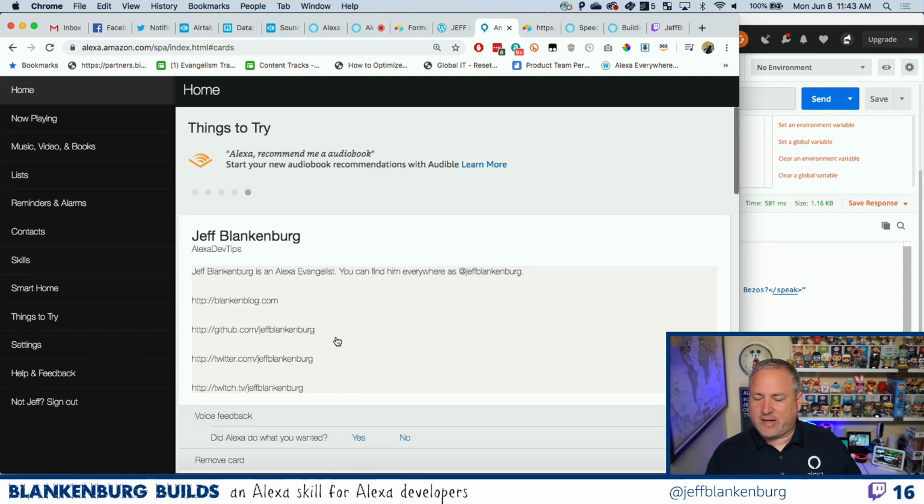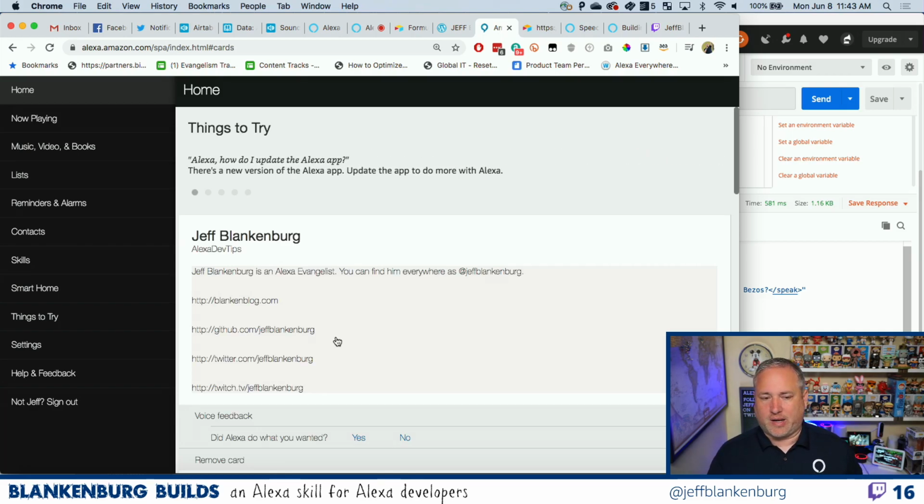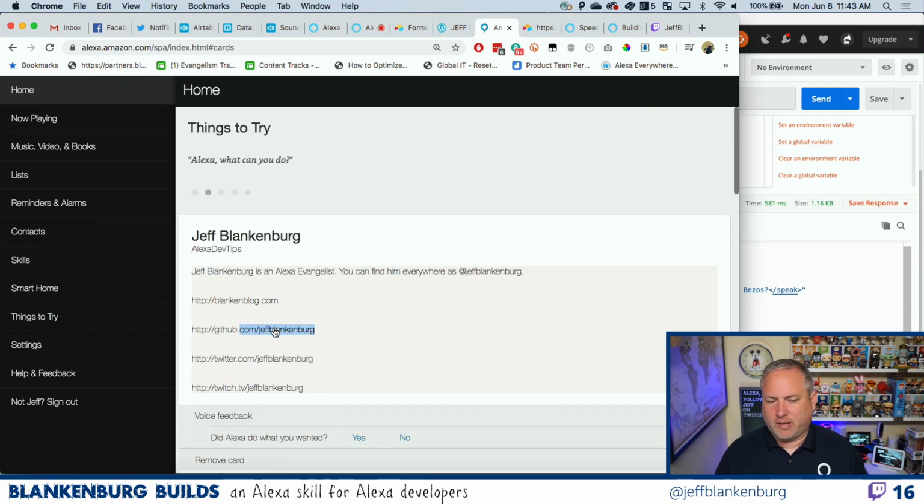But I can still send that information, and if somebody then wants to type it in, or if they come to alexa.amazon.com, you can copy them right out of here. Yeah, you cannot even copy a card from the Alexa app, which is really unfortunate. But it seems like copying should be fine. I don't know why we didn't enable that, but oh well.